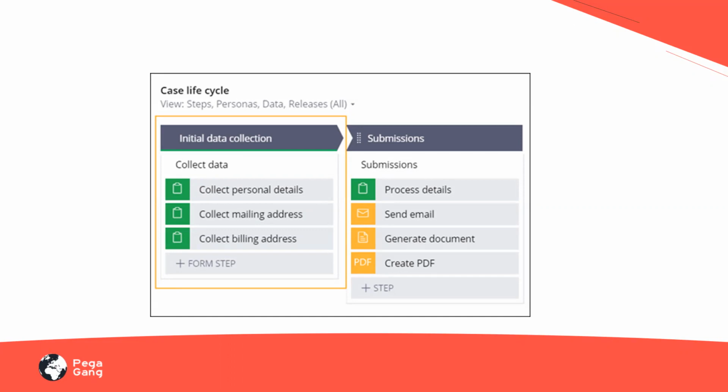But if you decide not to include it, then you can still continue to operate correctly. It doesn't mean that you have to have a create stage for any case. Upgrading from the earlier versions to the new versions doesn't make any impact on the existing running of your case types.